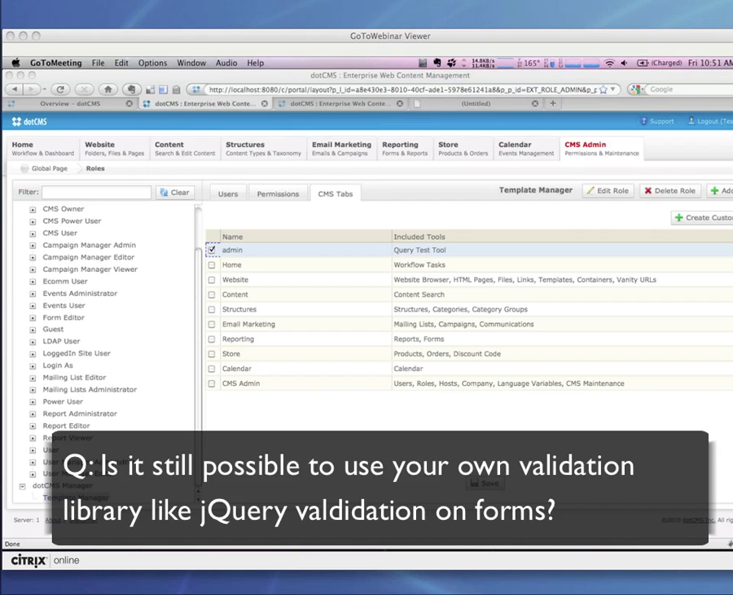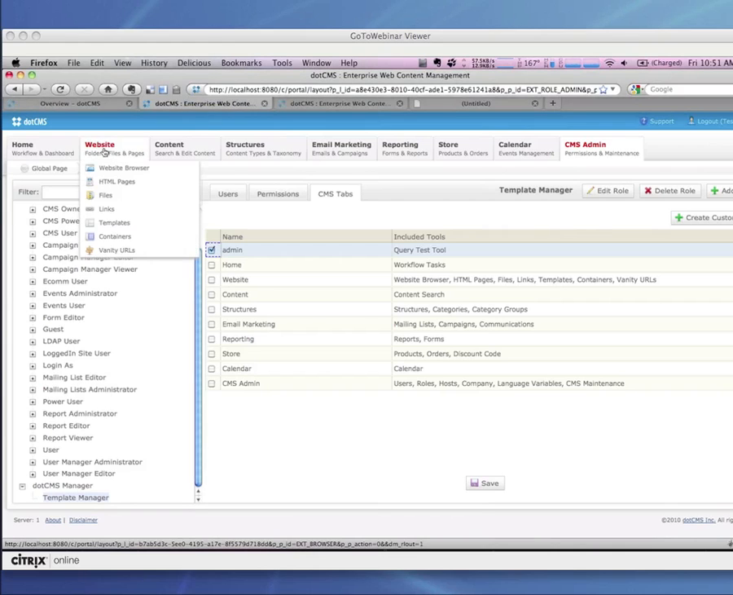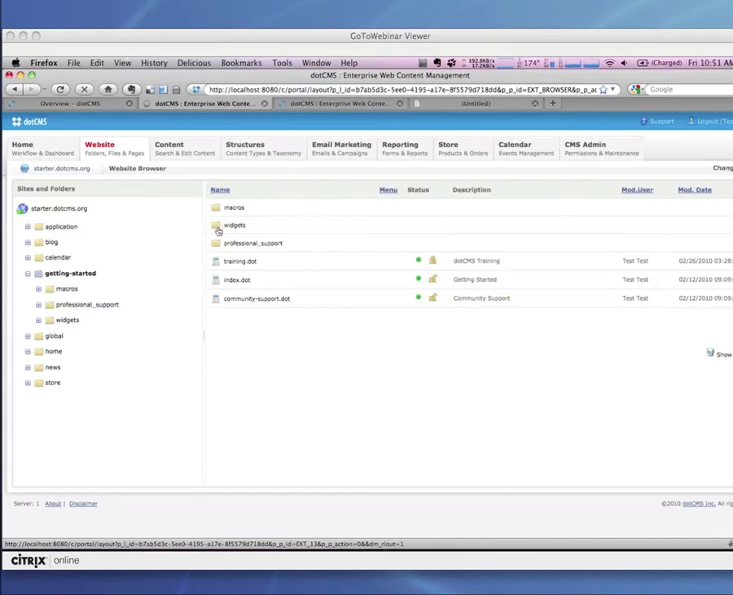Another question concerning validation that came in. Is it still possible to use your own validation library, like jQuery validation, on forms instead of the built-in validation JS? Again, in this respect, you'd have to override our macro, use your own to do that. The nice thing about our guy is if you come in here and we go to a page